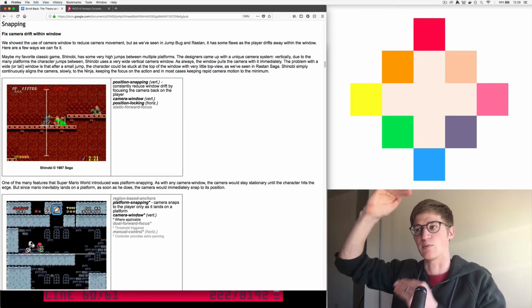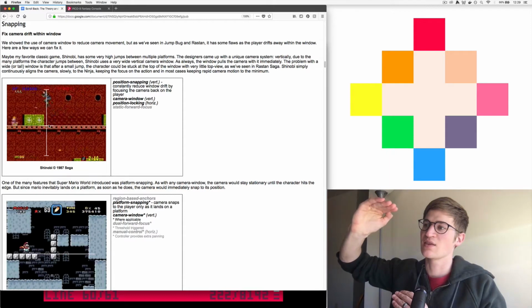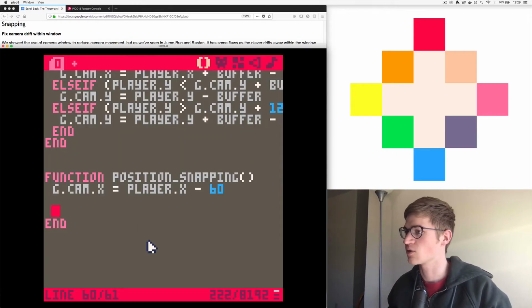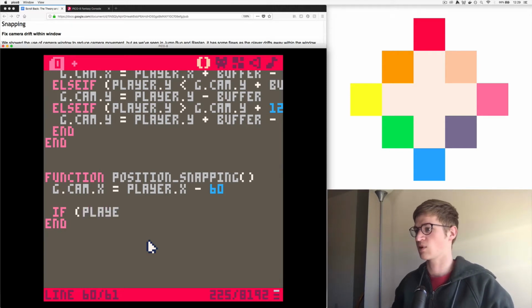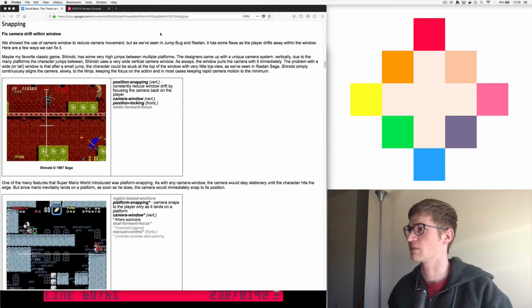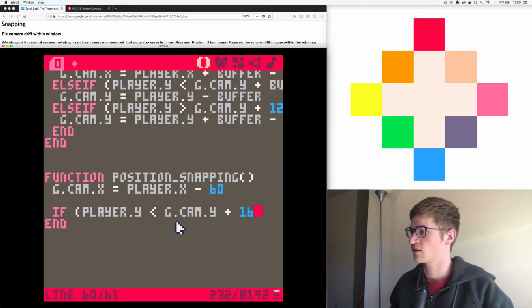So we also need these outer boundaries, right? Where if the player is going off screen, then we stop it and we just move the camera. So let's set up those outer boundaries first. We'll go if player.y is less than g.cam.y plus, let's give it like an 8 pixel barrier. Actually, let's just do 16 pixel barrier on the edge. So that's this little edge part here. If it's less than that, then